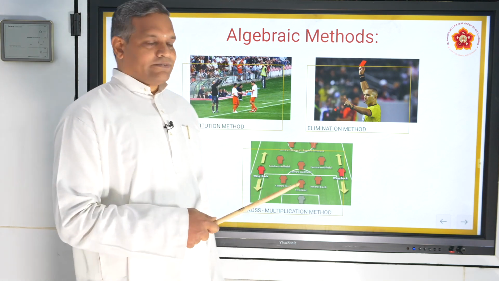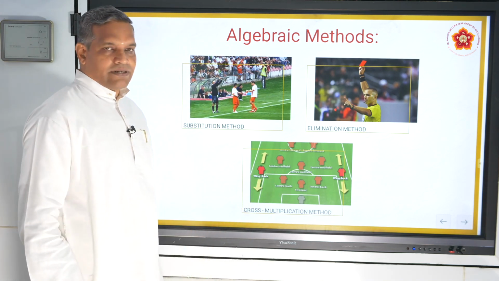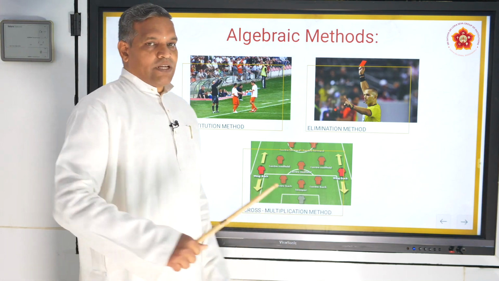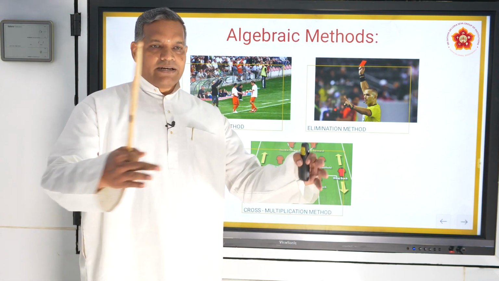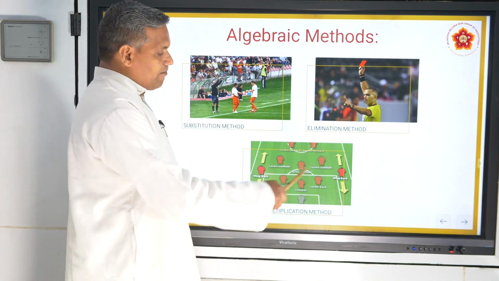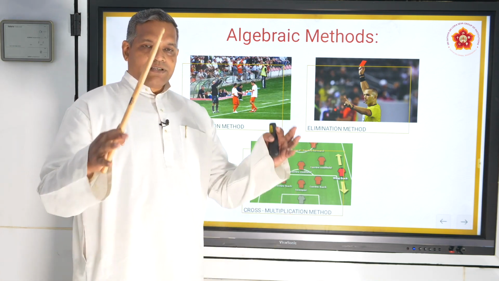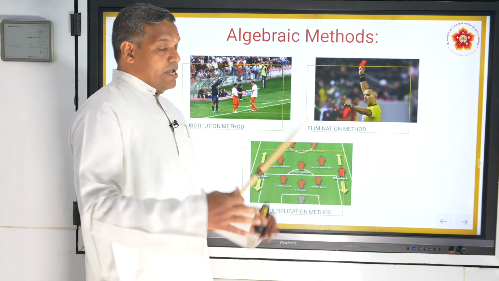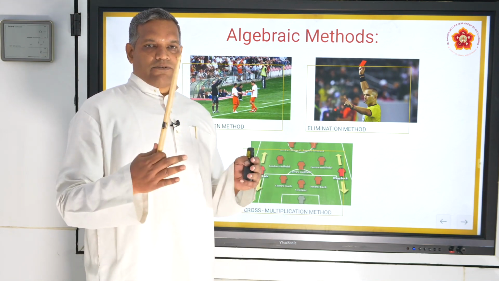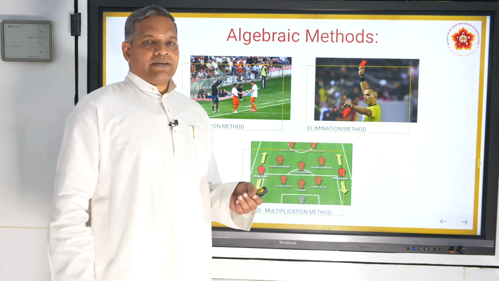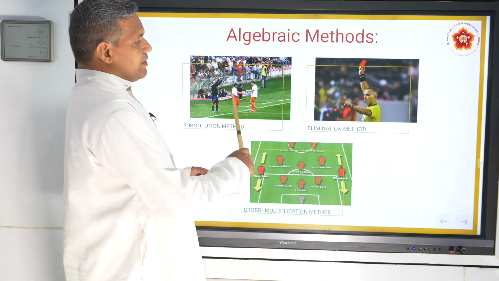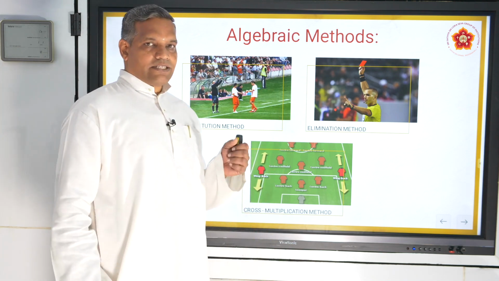We'll discuss that. Cross multiplication method. This is more about the strategy. In a game, defenders have a plan for where they have to stand and how to tackle the ball, right? Similarly, when a sum comes, the moment we have a strategy, a1 by a2, b1 by b2, c1 by c2, and then we manipulate a few things and keep our formula ready, then we can solve the equations very easily. So these are the three standard methods of algebra.